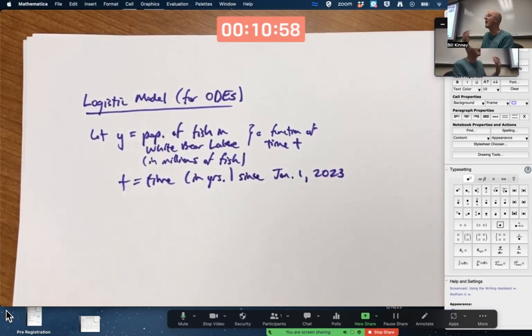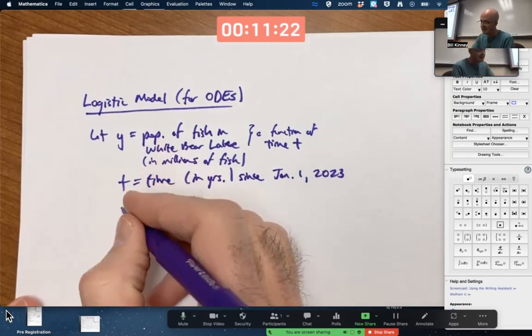Are there some parameters? What do I mean by parameters? Well, something related to perhaps the growth rate of the fish, how fast they reproduce, or how fast they die. And maybe also something related to the fact that the lake is limited in size. It's a fairly big lake, but it is a finite lake. I'm going to let k